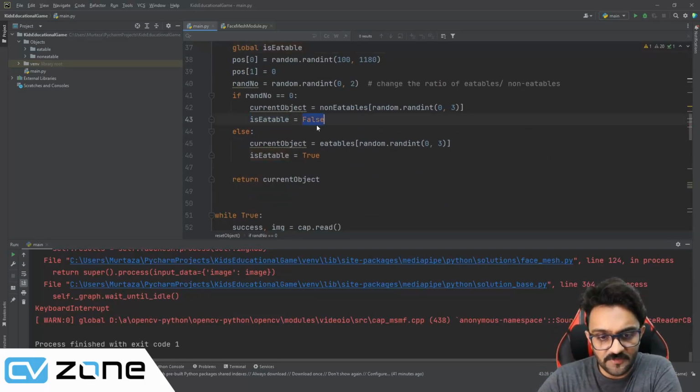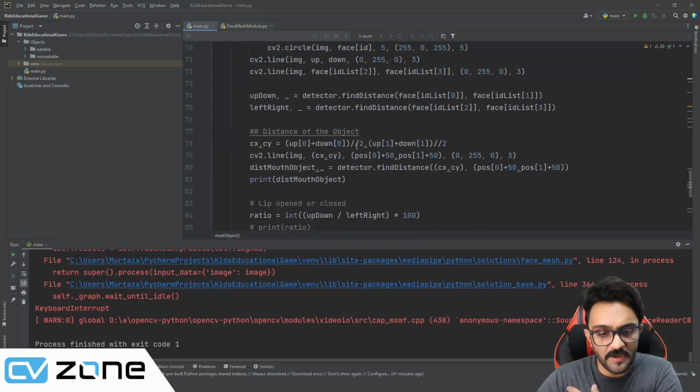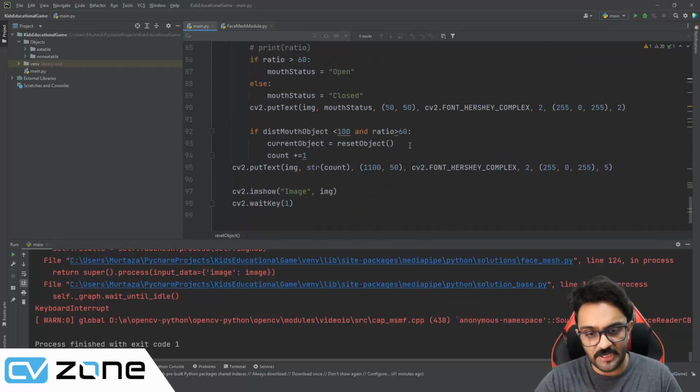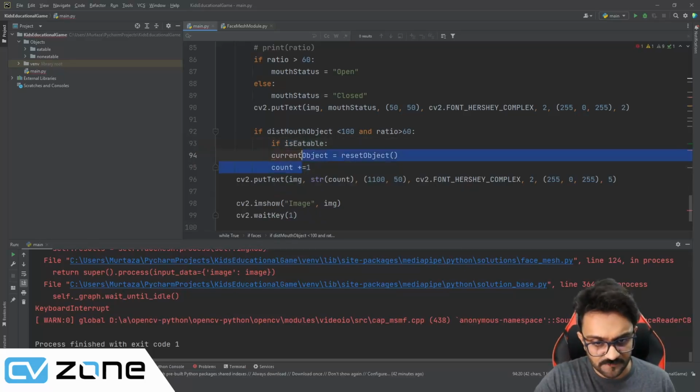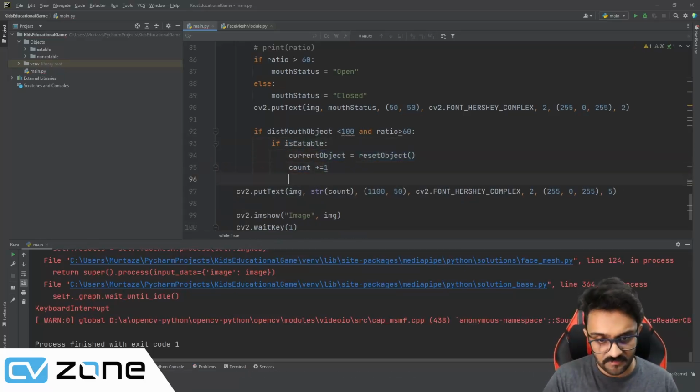So here is eatable false, is eatable true, and then before we add to the counter we need to check whether it's eatable or not, and we will not reset it. Actually we will reset, or we will end the game, but for now we will write here if is eatable, then do this, else